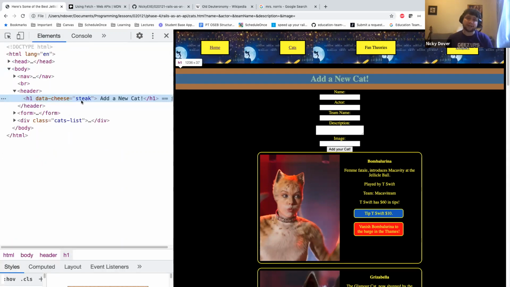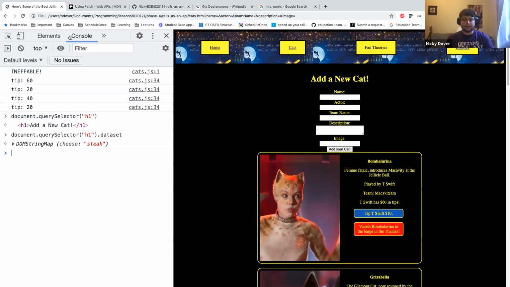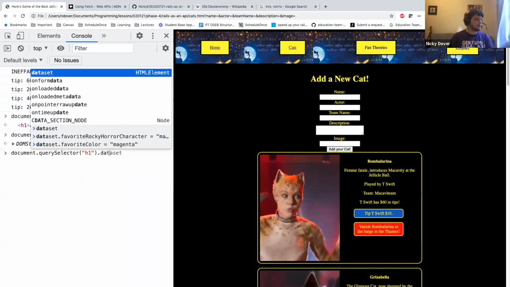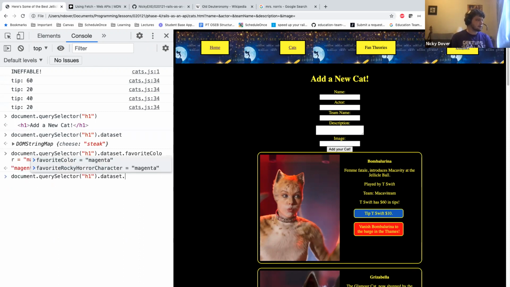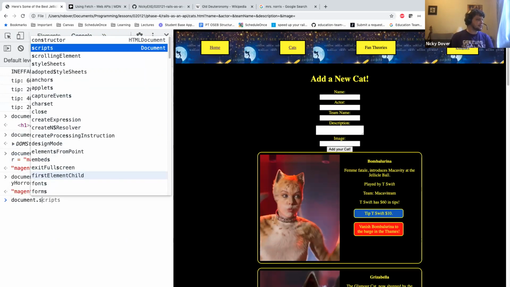This becomes a great way to store information on the DOM and a really cool way to hack your way around stuff. What I don't want to see people doing is immediately storing all of their items on datasets. Be a little bit tasteful with this. That being said, in this case, super helpful, right? So I can also go and say dataset dot, yeah, we did this before. This is what we did last time. And now next time I select this,